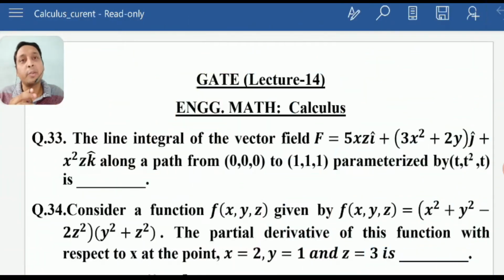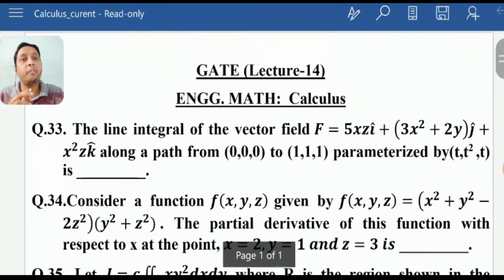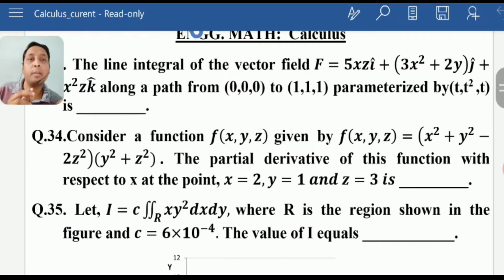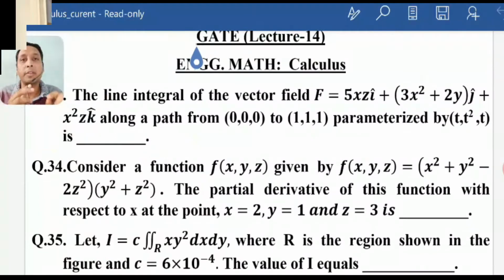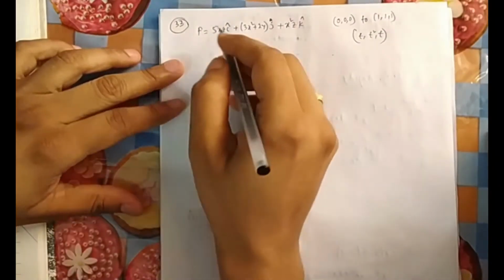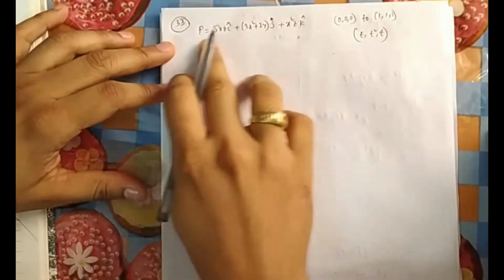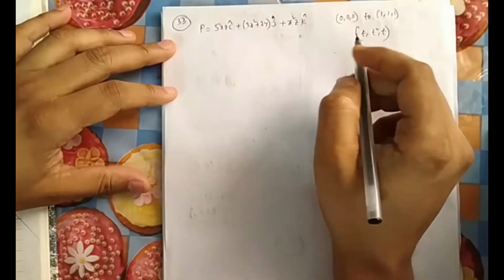Okay students, welcome to lecture 14 of this GATE Engineering Math Calculus series. Today I have taken three questions, question numbers 33, 34, and 35: line integral and partial derivatives, and then again a double integral question. Okay, let's start. Question number 33. In 33 they have given a field of this equation, and they are asking for the line integral